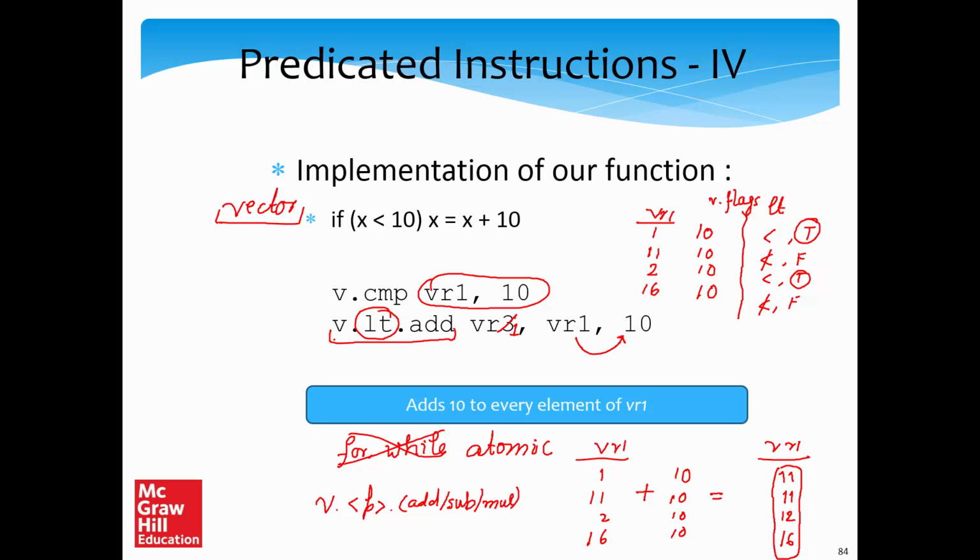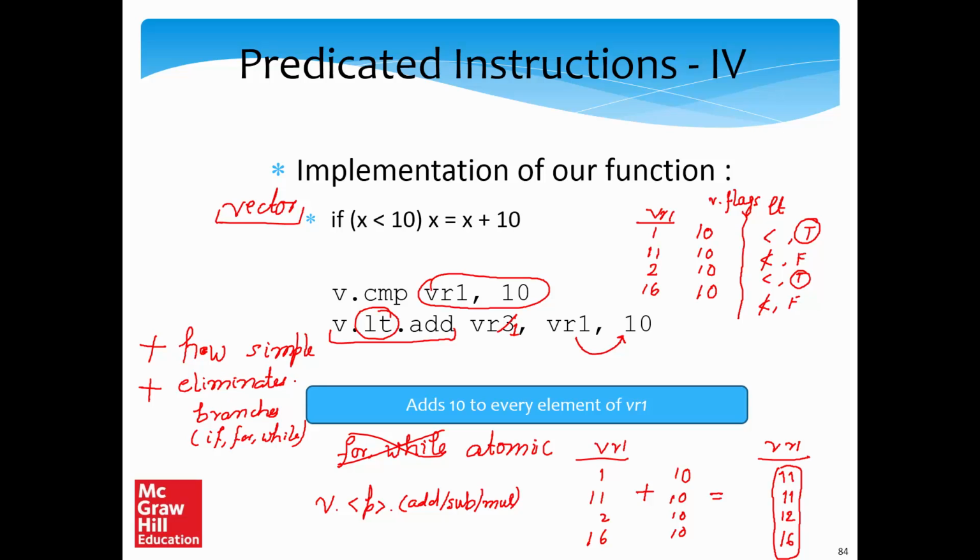Basically, you can consider the flags as kind of a mask, where in some cases we perform the operation, for some elements we don't do anything at all. So number one, it keeps the hardware simple, right? Number two, this also eliminates branches, right? All the branches that are there in an if statement, in a for loop, and in a while loop. All of these branches are eliminated.